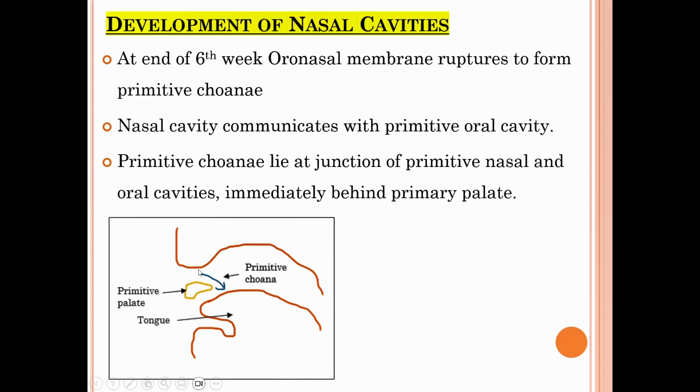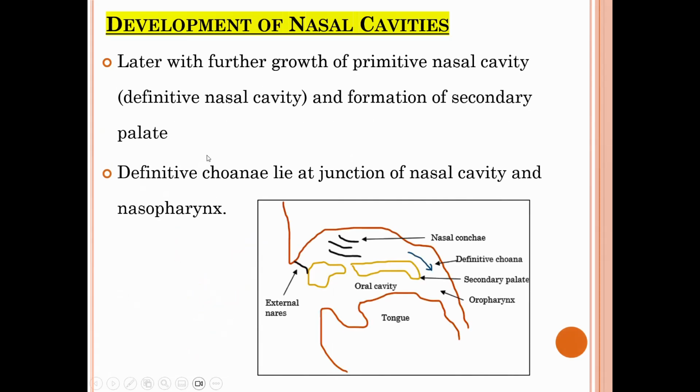Here continuity is there. Okay, primitive choana lies at the junction of primitive nasal and oral cavities immediately behind the primary palate. Okay, we will see what is primary palate. Later what happened, there is further growth of the primitive nasal cavity. Okay, that is now known as a definitive nasal cavity because of formation of secondary palate. So you can see here, this is primitive palate, this is secondary palate, and you can see now the communication between the